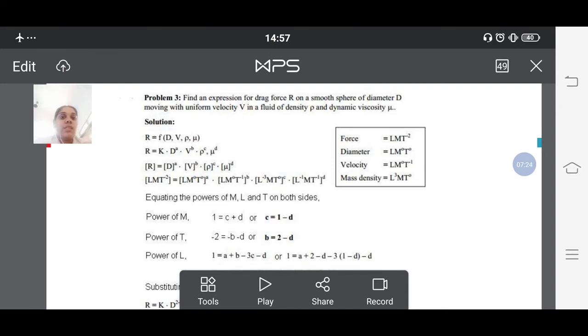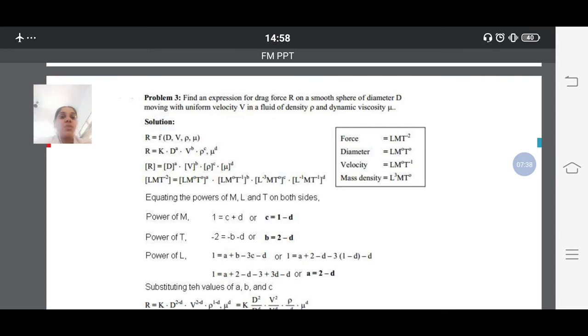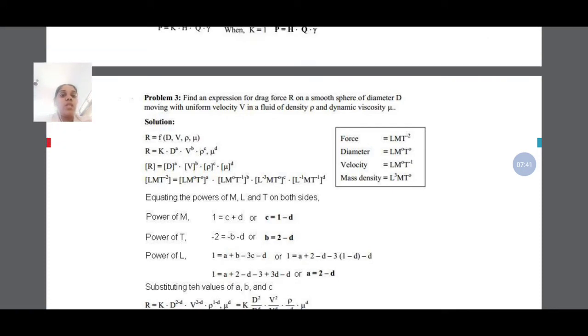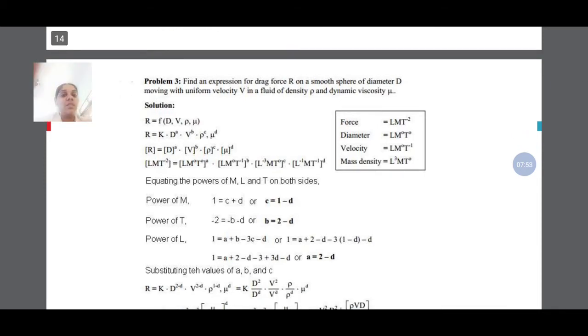So this is the next step. First step is identification of dependent and independent terms. Next, application of, that is introduction of K to the formed equation. Third step is application of arbitrary constant to the equation, that is second equation. The next step will be substitution of dimension for respective terms. Next step is equating the power of m, L and t on both sides. From this equation, that is fourth equation, we have to equate the terms, both terms.